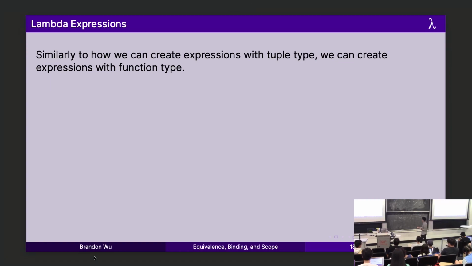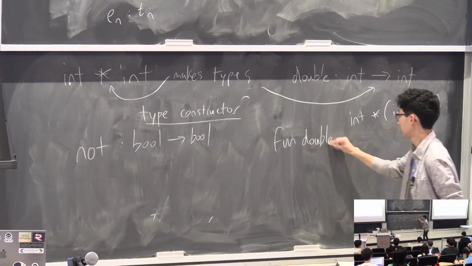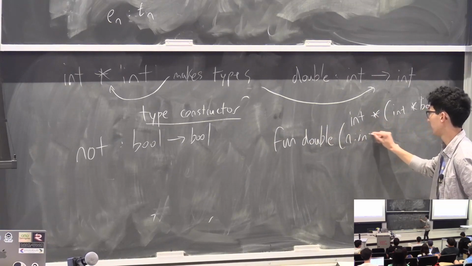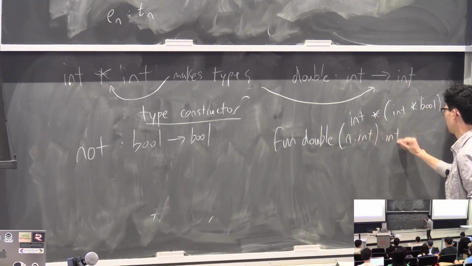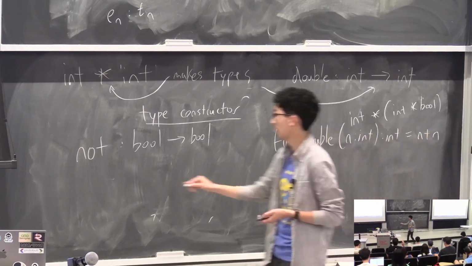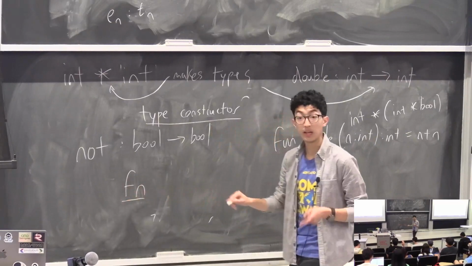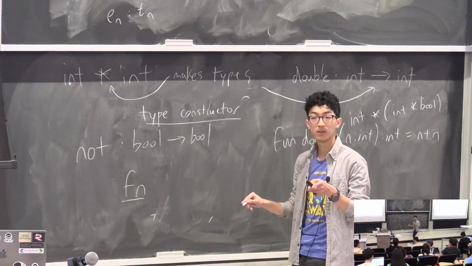So we also have this idea of lambda expressions. When I showed you the double function, we did it via a declaration. We said fun double n colon int equals n plus n. This is a fun declaration. But lambda expressions, these things called lambda expressions, let me show you what it is first. Okay, this is what we call a lambda expression. So we use this fn keyword. Yes? Question about